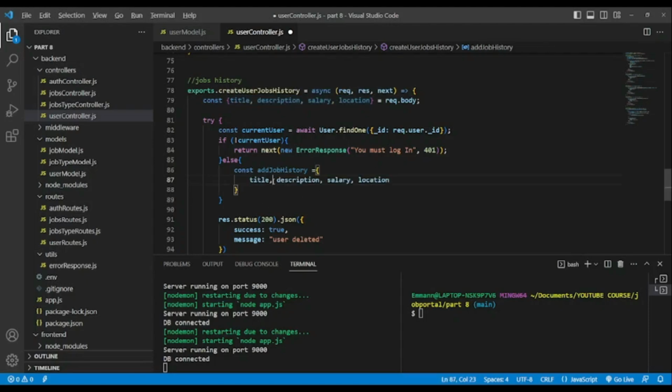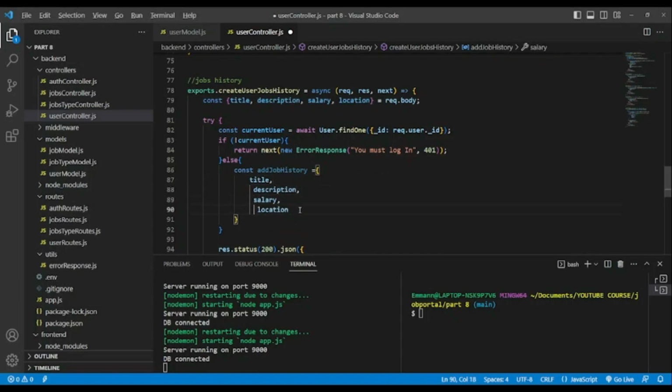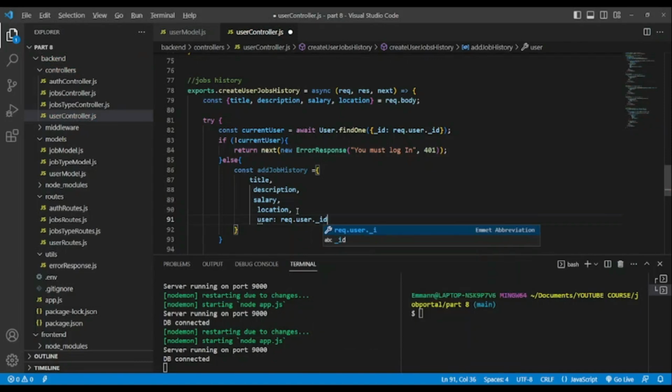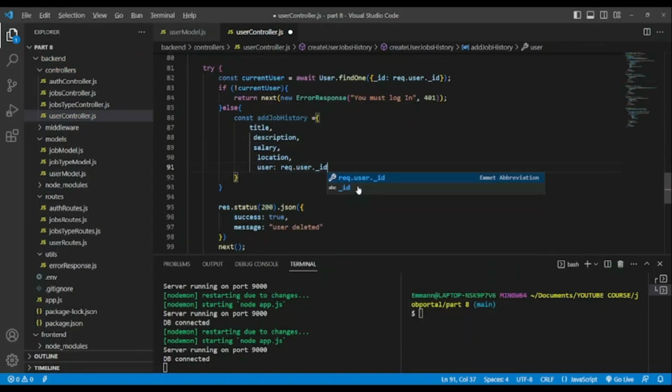Also, okay, we break lines, and also we'll pass the user. Which user? We pass user colon request.user._id. Okay, and after that